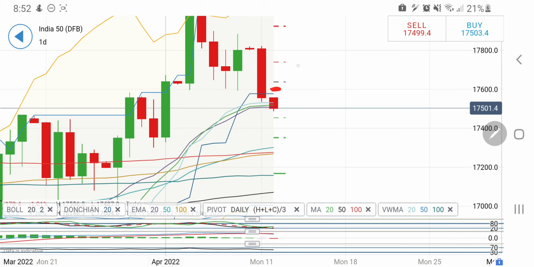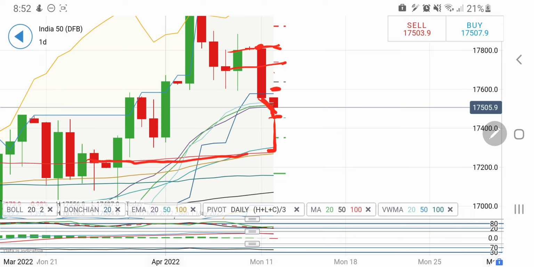Only long entry is above 17,600. Beyond 17,600, then you can expect 17,700, 17,800, which is going to remain a fairly larger, stronger resistance till the time it trades below. And yes, till the time it trades below 17,500, we can expect that it may get a little support at 17,450 and then it will try to drop strongly. So probable short entry at 17,450 can be taken. Then we may see a sharper drop there.